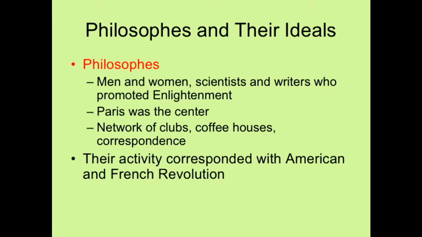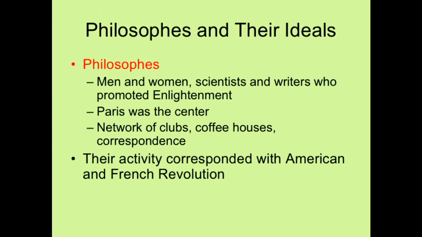Those people wanted to promote education, educating people about mathematics, physics, history, economics. That's what they wanted, these people of the Enlightenment. They called themselves philosophers. It means intellectuals, thinkers. It's a French word, philosophers: men and women, scientists and writers who promoted enlightenment. Again, it's about enlightening people, educating them about different types of knowledge, about economics, politics, physics, and mathematics.